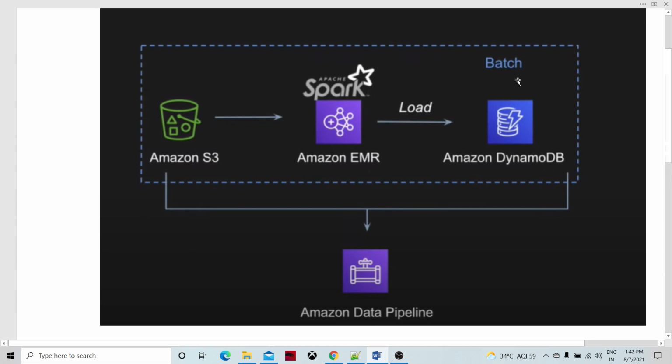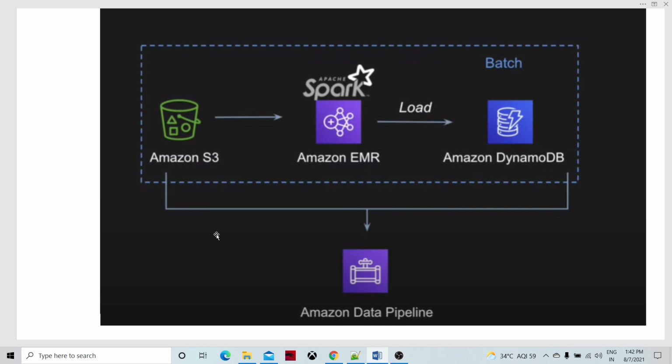This is basically a batch pipeline because we are configuring it to run on a daily basis or probably twice daily. Whenever we are configuring the schedule, we can decide when it should be running. Otherwise, for a streaming process, this same pipeline could be used, but in a different manner.